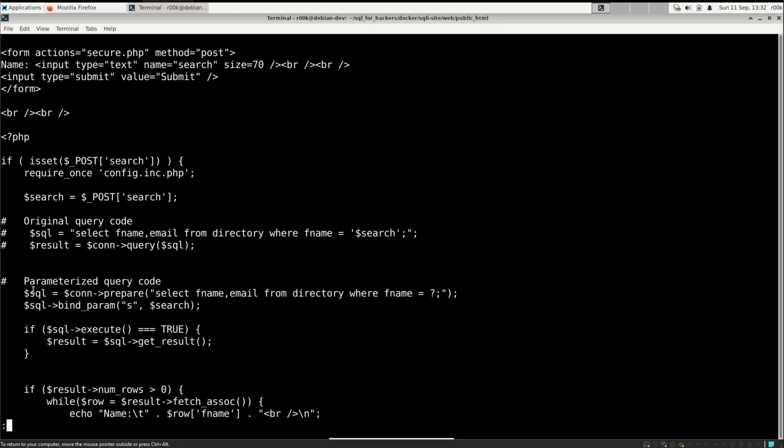What we do for the parameterized query is that we prepare a SQL query. So we tell it that this is what the query should look like. Select fname, email from directory where fname equals and then a placeholder. This is specifically telling the database that this is what the query looks like. And anything that gets put into this placeholder is only text.